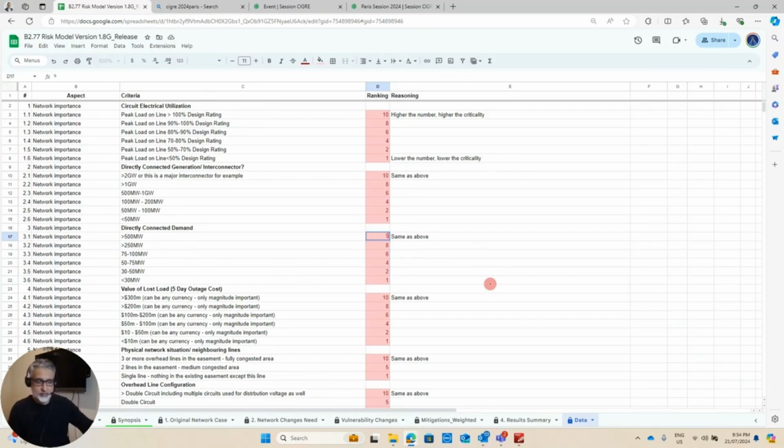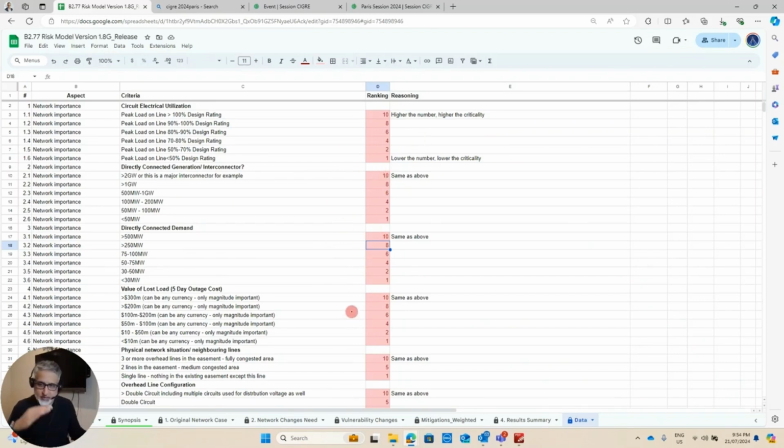You can play with this number. You can make it 9. You can make it 7. But primarily, we recommend to keep it between 1 to 10 so that you can have a common set of normalized output that we have linked the model to. So once that's done, as you can see, there will be a numerous